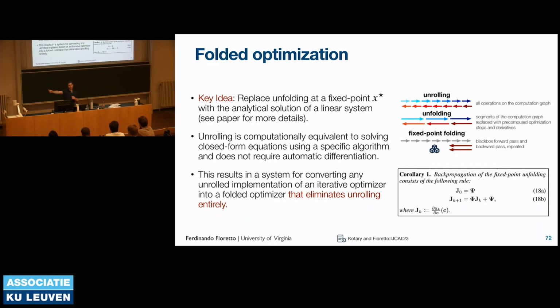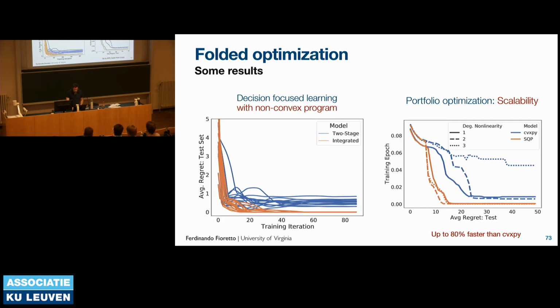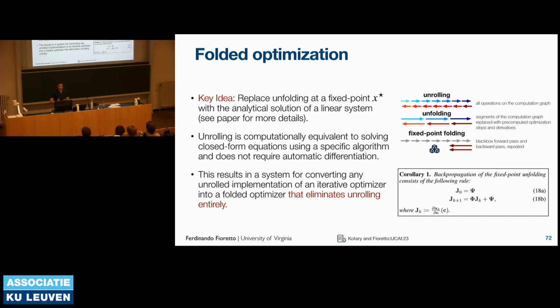So as you have a black box solver call to build your x star solution, you can do the same by having a solver call that solves the system of equations. There are more details in the paper, but essentially it's a linear system of equations, and it computes exact gradients for your backward pass. Once you have that, you have a pipeline that does not require unrolling at all. So we went from unrolling to unfolding to just a single point. Everything is done off the computational graph, but it essentially obeys the principles of unrolling.